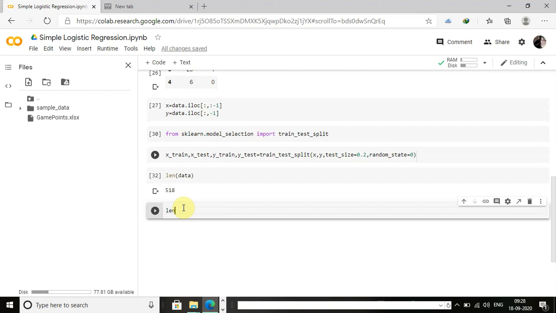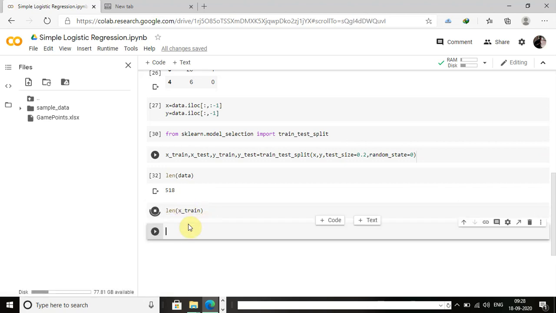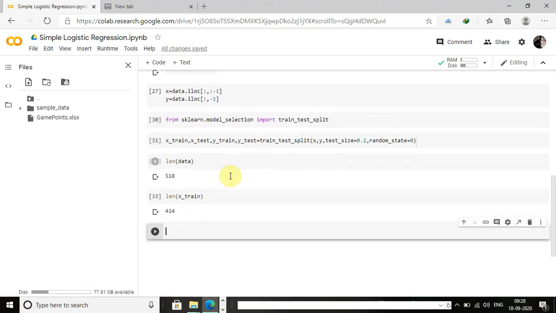Now I will check my train test data set lengths. So here 80% of this data, that is 414, will go to the X train. The remaining data will go to the X test and Y test.